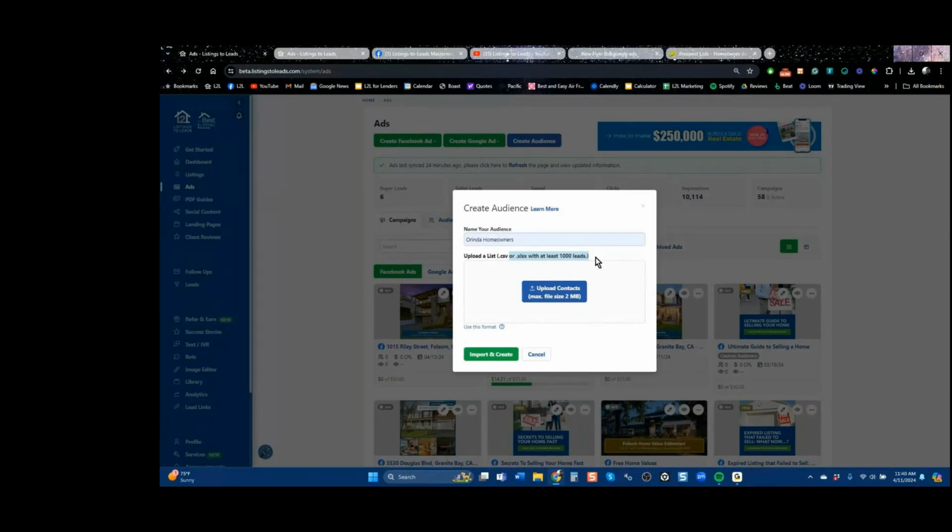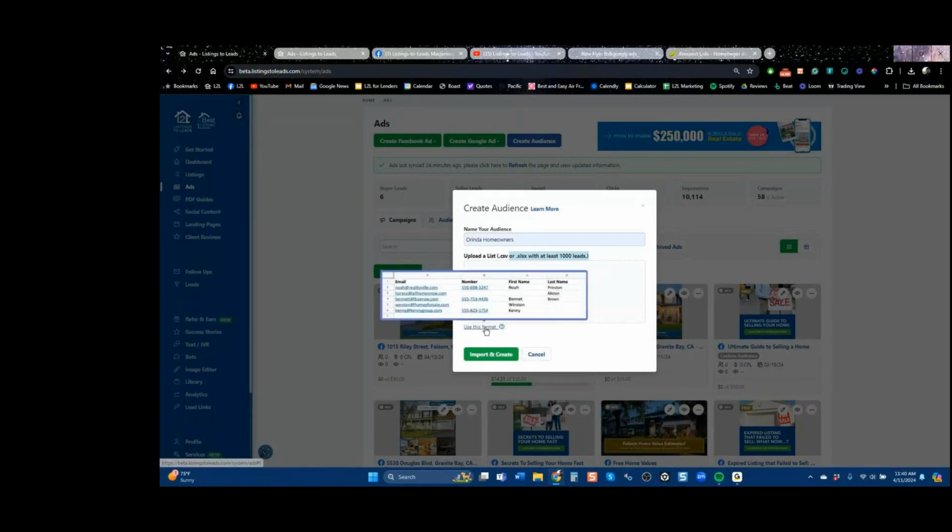So there's one really important thing here. You see where it says use this format? You know what that means? You've got to use that format. If you upload a spreadsheet that does not look like this, it won't work. And unfortunately, Facebook won't tell you that it doesn't work. I just know from experience it doesn't work. It has to have that heading just like that: email, number, first name, last name. And if you don't have information in the cells below, like you see there in the phone number, don't worry about it. Just upload it anyway, if you at least have the name and the email,